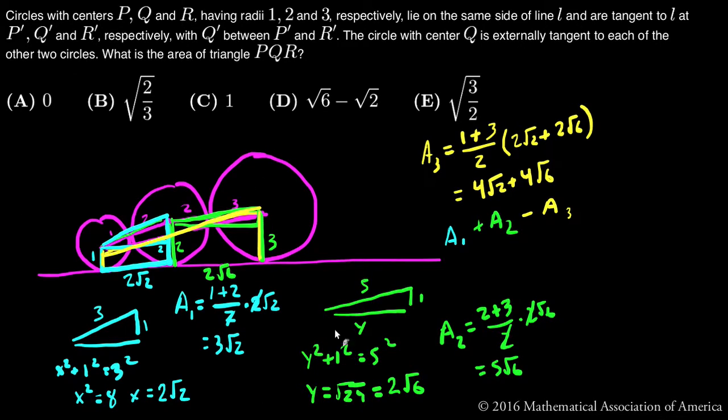So area 1 was 3 root 2. Area 2 is 5 root 6. Area 3 is 4 root 2 plus 4 root 6. And subtracting it through, I will end up getting negative root 2 plus root 6, which is clearly positive. Root 6 is bigger than root 2. So the